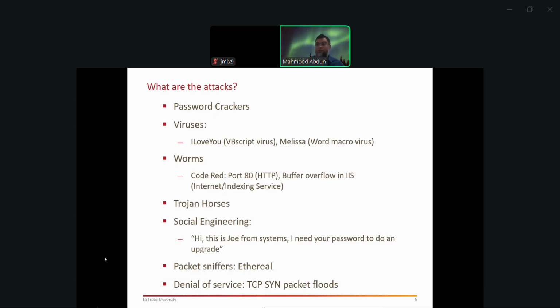This one here, TCP SYN. TCP is part of the TCP/IP protocol suite, which you must have heard of, known as the Internet Protocol. TCP stands for Transmission Control Protocol, and one of the kinds of packets that TCP uses to establish a connection between two computers is known as a SYN packet. How does it work? This is known as a TCP three-way handshake. This is something that happens for any or most internet communication.